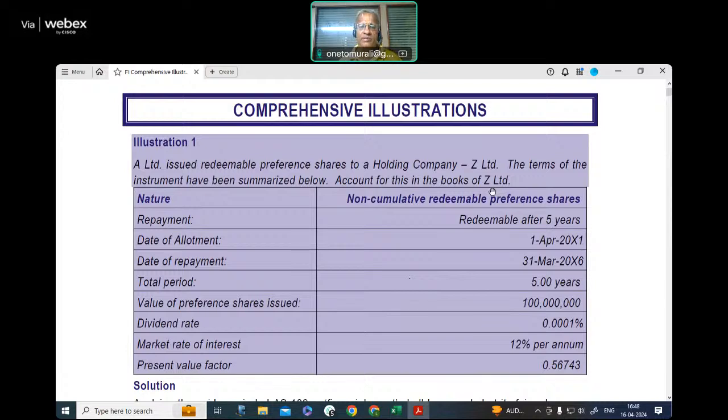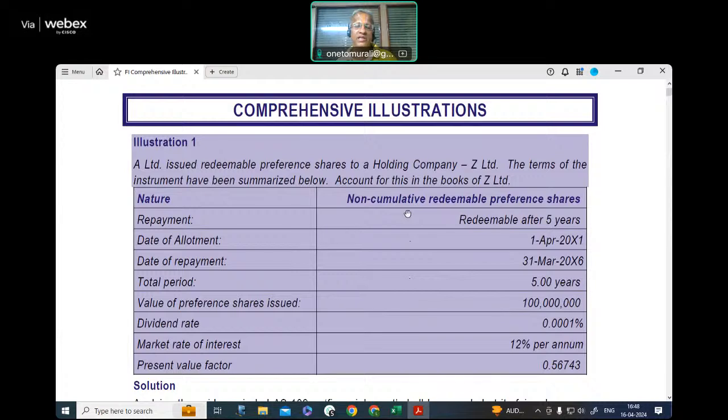See, in the books of Z Limited it is an investment, because the issuer is A Limited, the subsidiary company, whereas the holder is the holding company Z Limited. In the books of Z Limited, it is an investment in other companies' equity or debt. So in this case, it is non-cumulative redeemable preferences. So it indicates that it is a debt. But